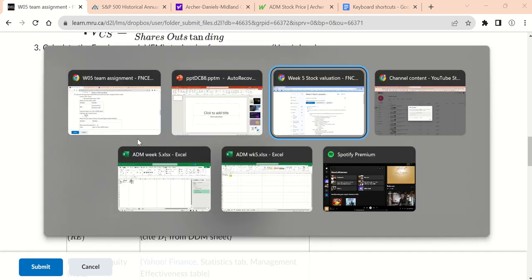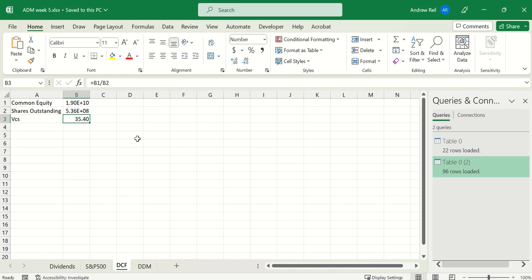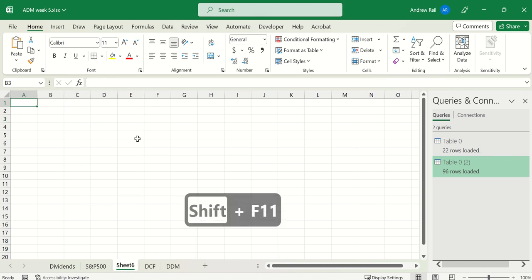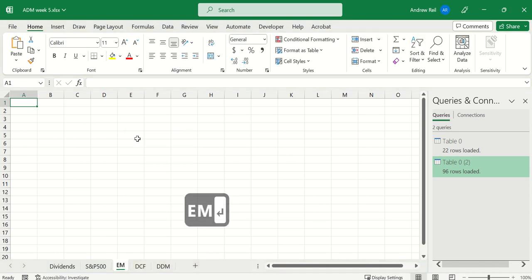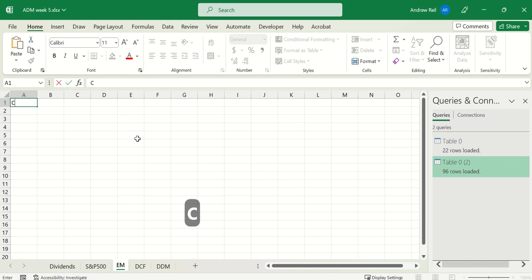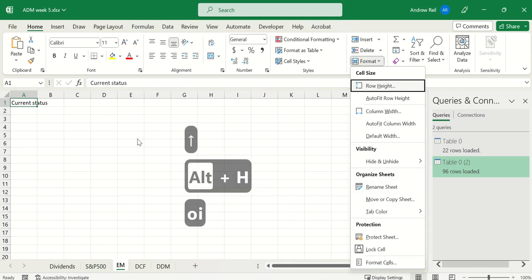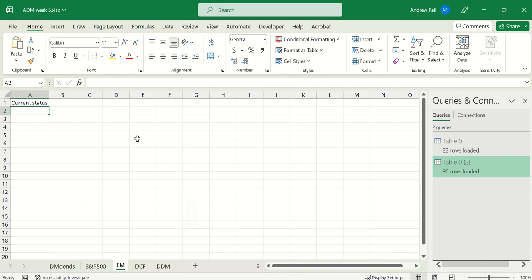So let's go back to our spreadsheet, and to make a new sheet, Shift F11, F6 to go down there, menu R and EM for the earnings model, and then for cell and enter. Then the current status, and I'm going to make it wide enough, Alt HOI, and there I need the earnings per share, the EPS, and I need the